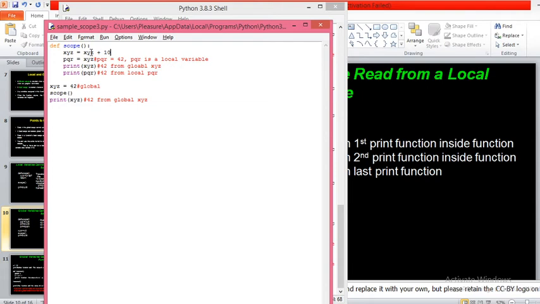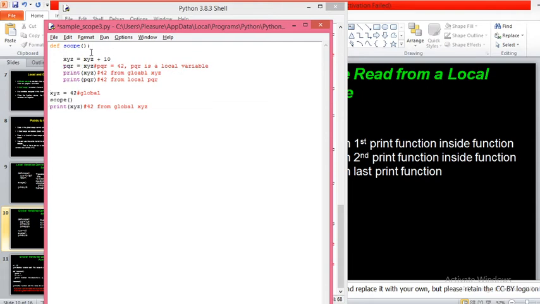So to make this statement work, what do we need to do? In the previous program I already explained that part. If you want to modify a global variable in the local scope, what to do?